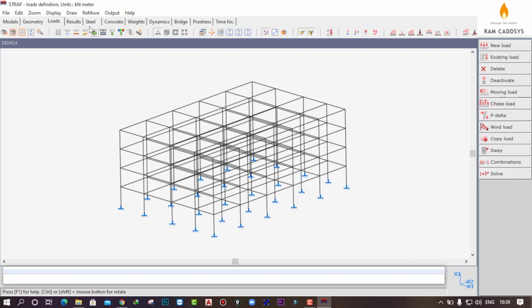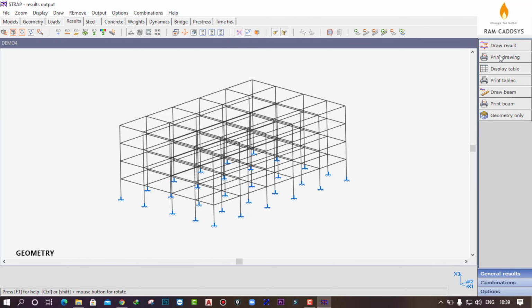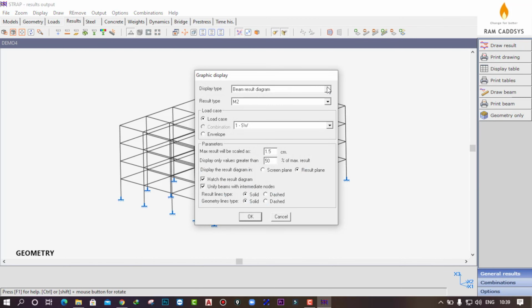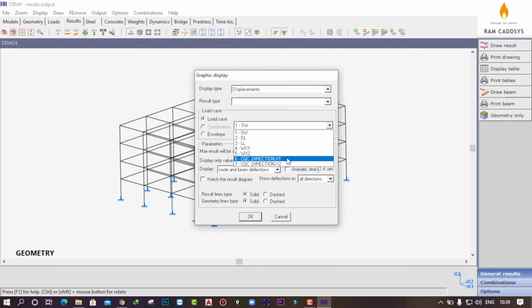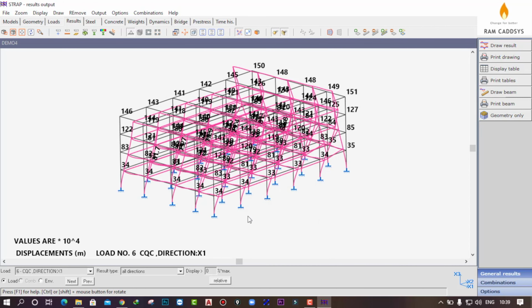If you go to results and draw results, let's go to displacements, and displacements due to CQC direction x1. Okay, you can see the result here. If you change it to x1 direction only, then you will be having the deformed shape for x1 direction.